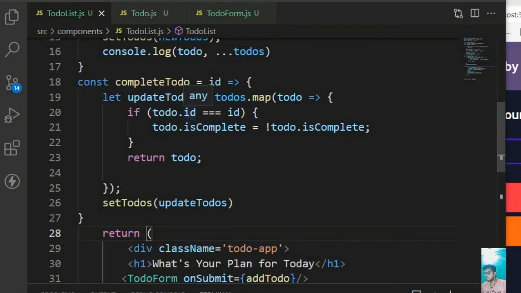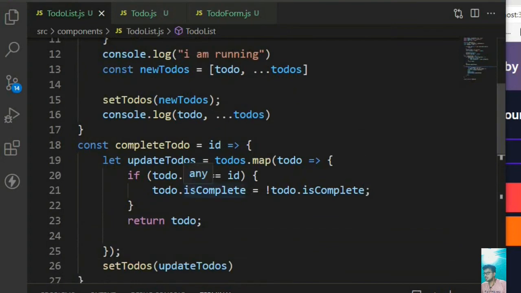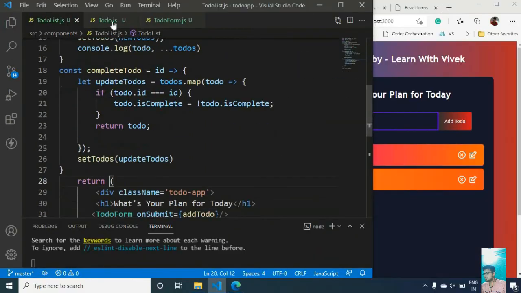Okay, and we are marking this todo.isComplete. We are making another variable isComplete, and we are making this complete. Okay, now it should change, and we are changing that also. If you go to again this todo,